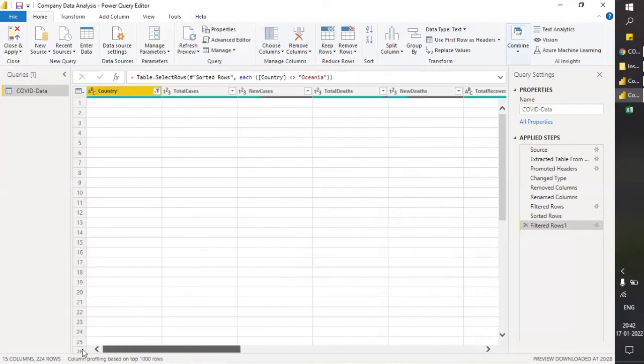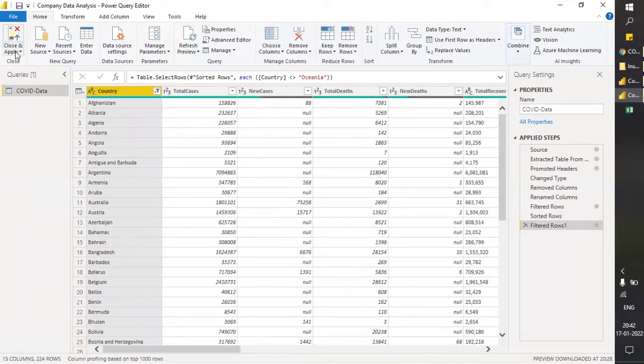Continents, okay, fine. Continents are there. Okay, and then let's close and apply.